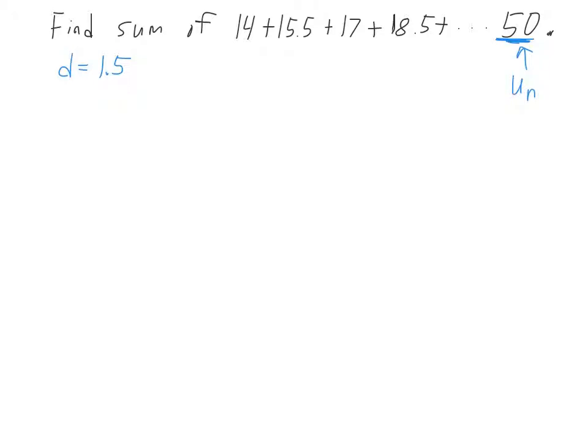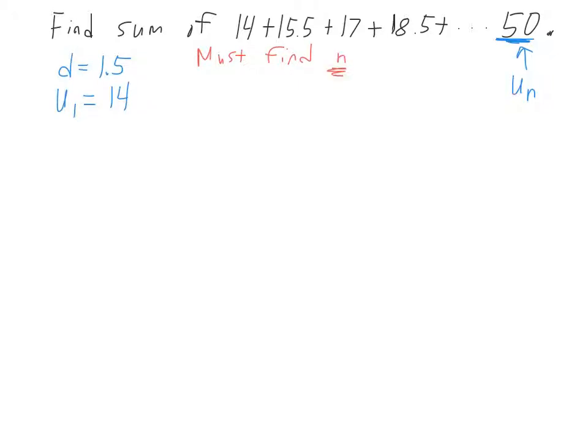Well, what's not clear here is, how many terms are we adding up? We know the first term is 14, the common difference is d, but as far as picking out which sum formula to use, both sum formulas require us to know what n is. So, write yourself a note that we must find